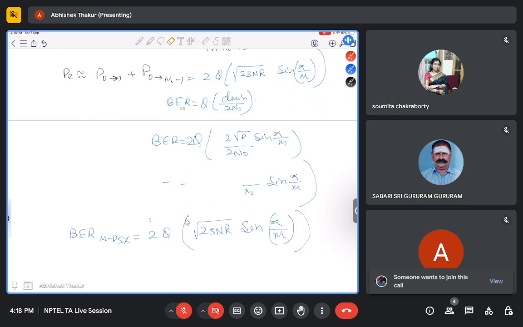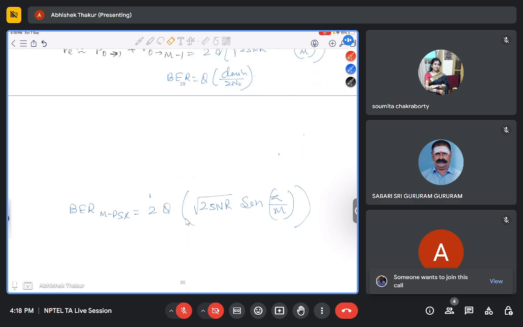For confusion, I will erase this. So with this we can find the bit error rate of M-array PSK, M-array QAM,